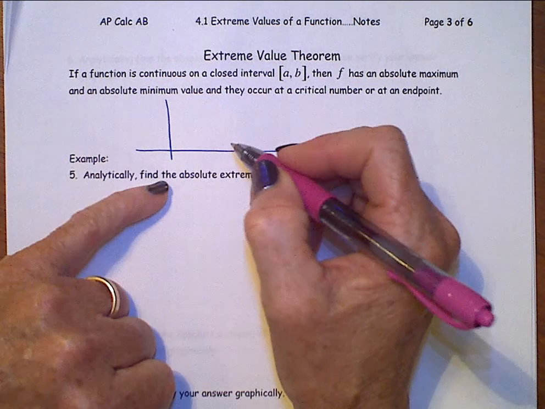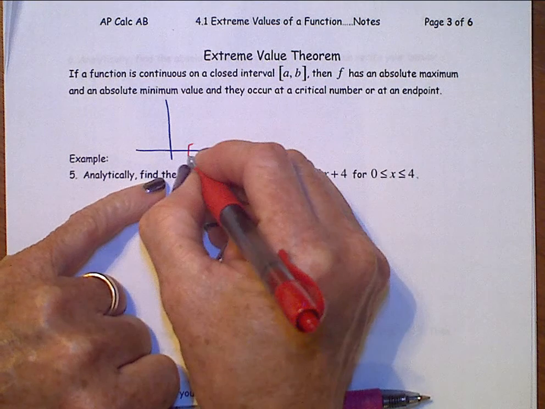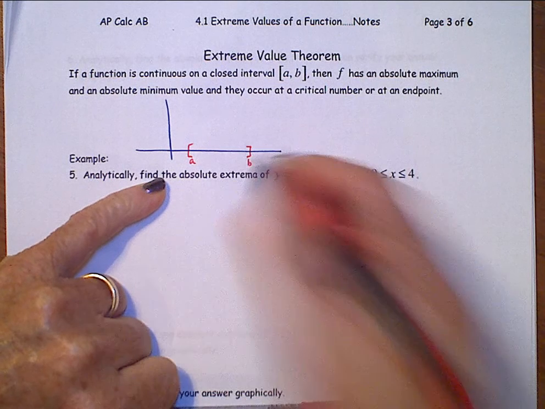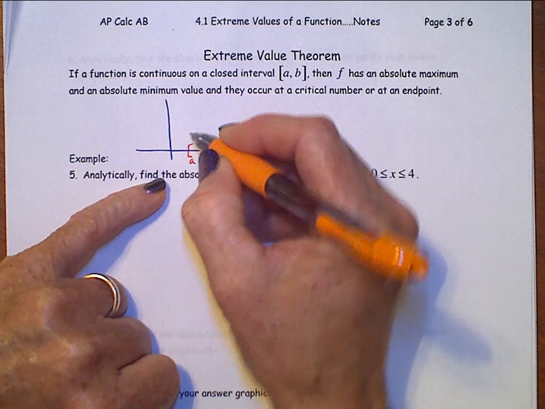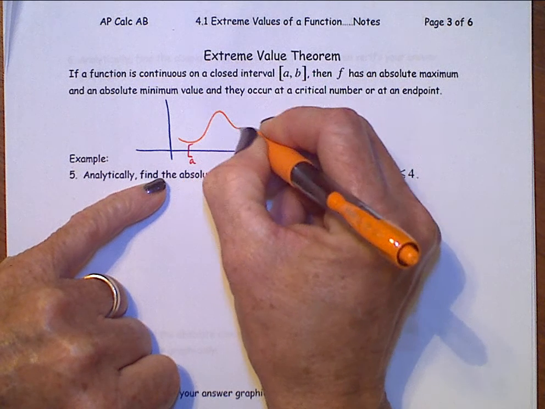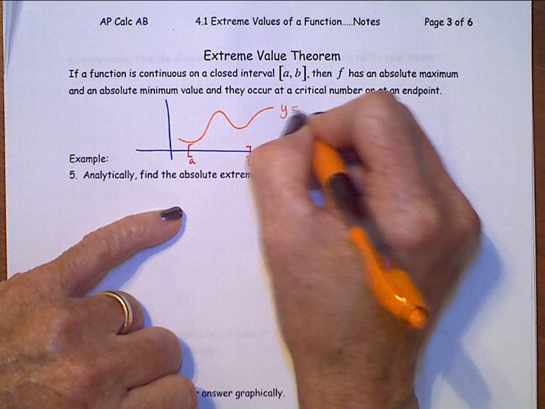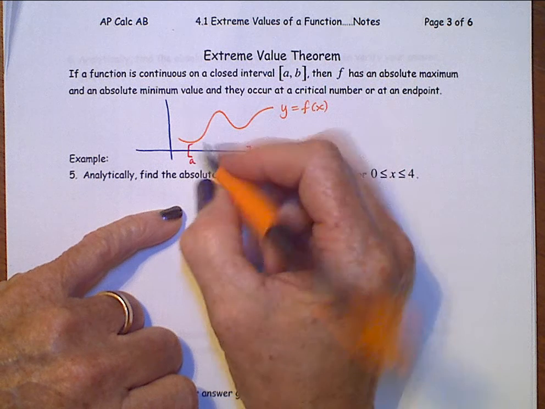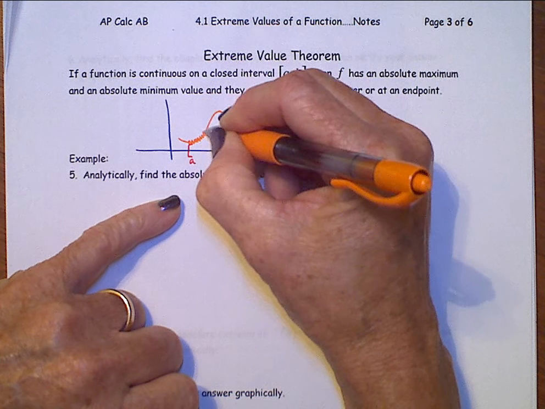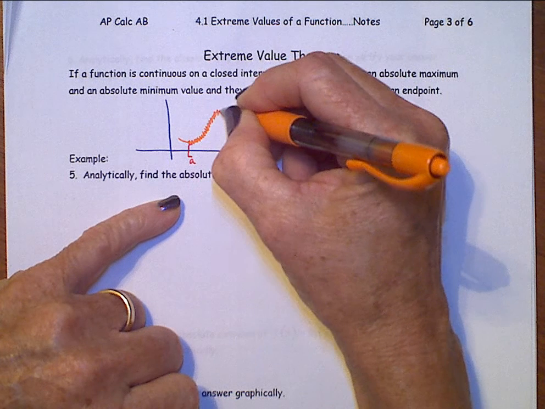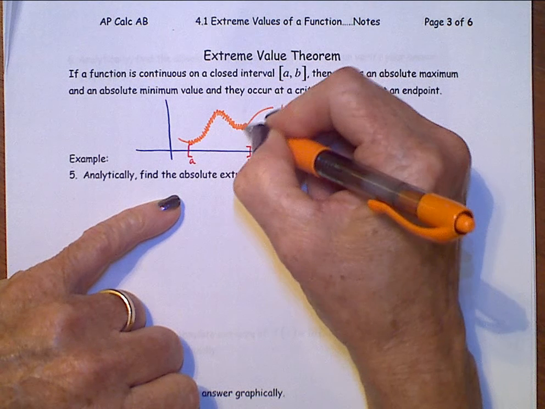So we've got a continuous function on some closed interval from a to b. So some function in here on that interval. Maybe it looks something like this. That's a continuous function on that interval. And if we look at just this part, between a and b, right there, just that thicker part in here,